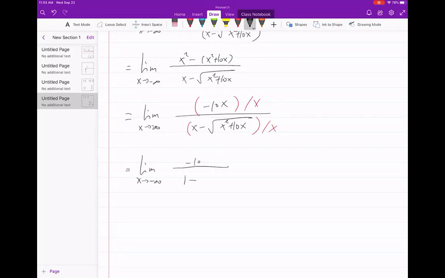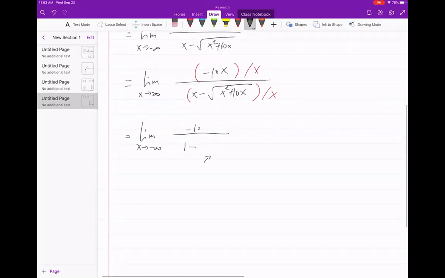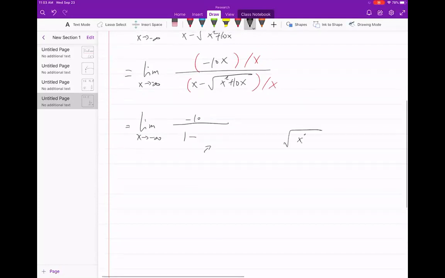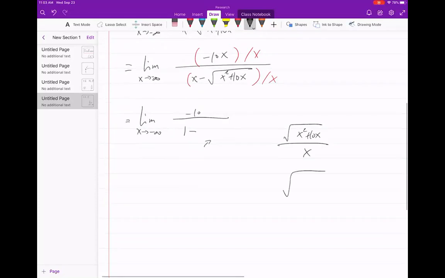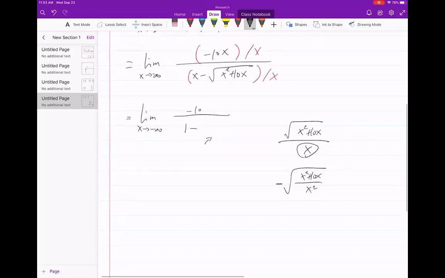One minus. Now what we put here, we should be careful because we're dealing with negative infinity now. We should put this one into this. But we should put a negative sign here because when this goes in, you lose the negative sign. So